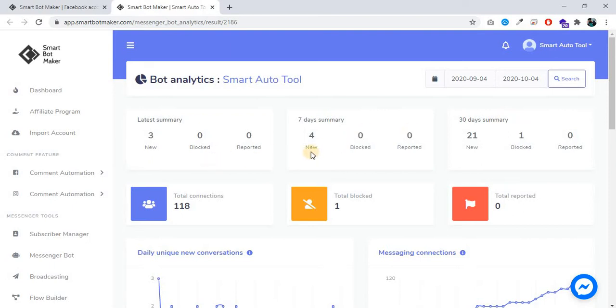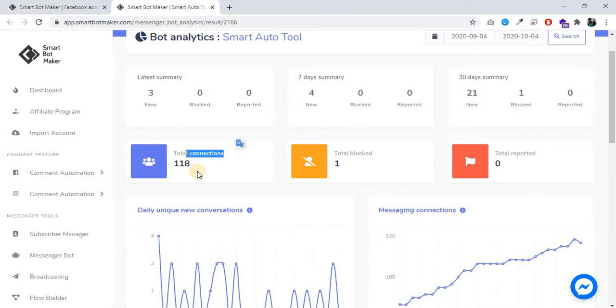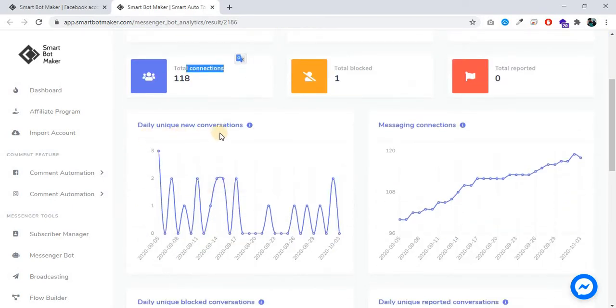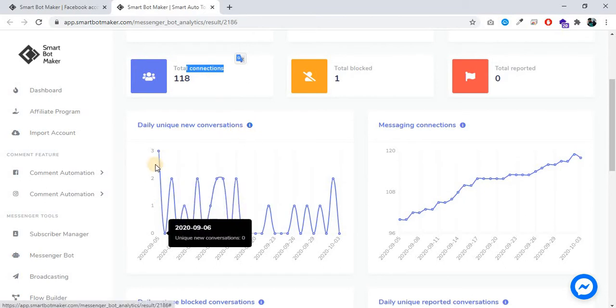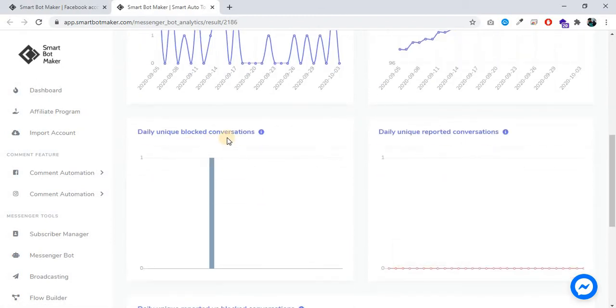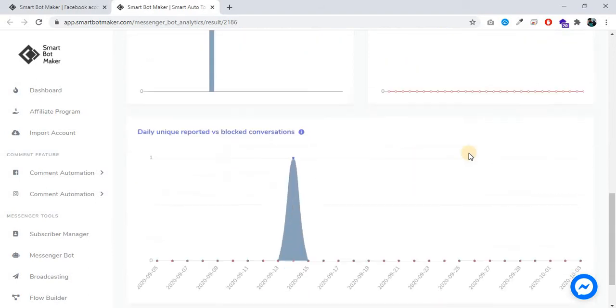You can check for new, blocked 1, total connection 118, daily unique new conversations. You can check graph messaging connections, daily unique blocked conversations, daily unique reported conversation.